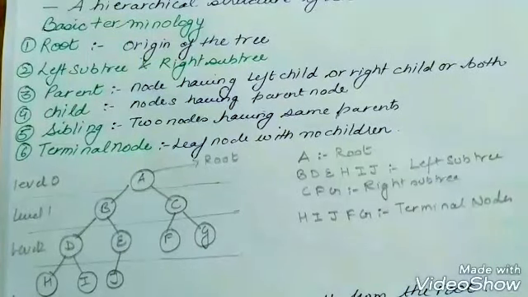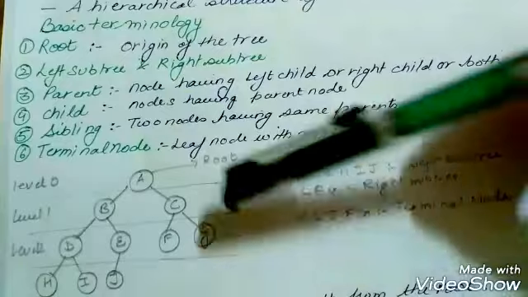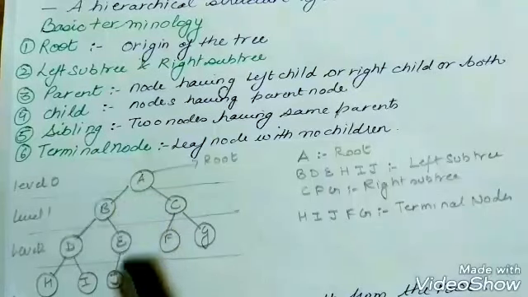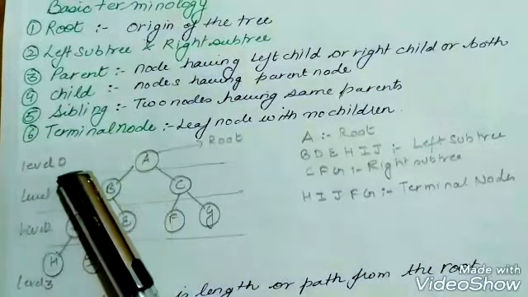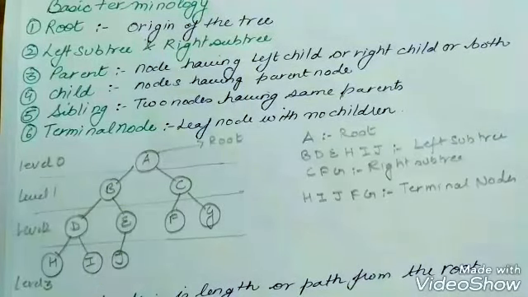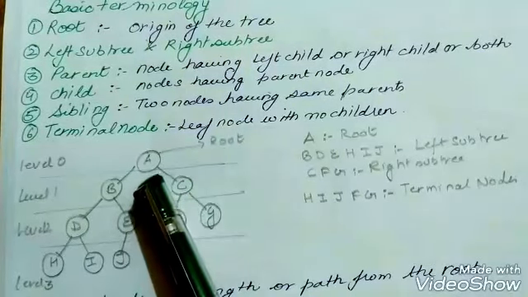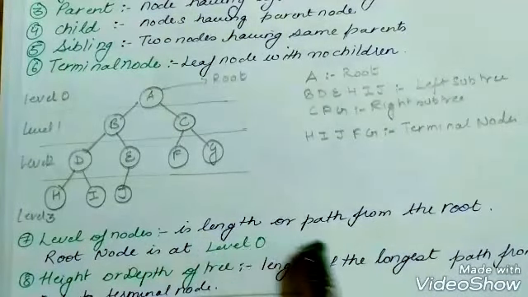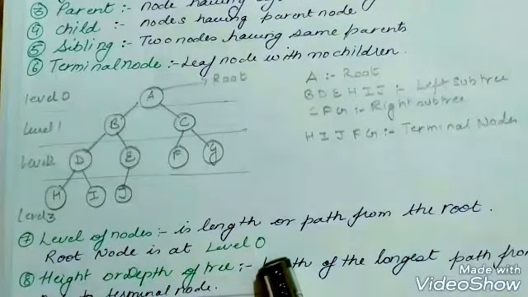These are the leaf nodes or terminal nodes because they do not have any child of their own, fine? So when we are talking about trees, what we need to remember is that the root is always at level 0. Level tells us about the depth or height of a tree, right? We will start our levels at 0, 1, 2, 3 and go on as the height of the tree increases. But the point you need to remember is that the root is always at level 0, fine? The level of a node is the length of the path from the root. The root node is at level 0, as we have already said.